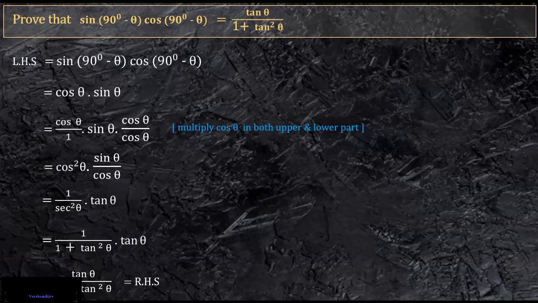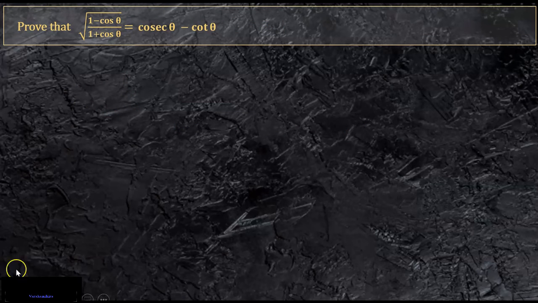Okay, this is another example of typical trigonometric problems, right? It's very simple, but here is a catch. So you have to look at every step, or you have to think about every step very minutely. Okay, so here we have to prove that root of 1 minus cos theta by 1 plus cos theta equal to cosec theta minus cot theta. So left hand side we have a square root, and also there is a lower part. On the right hand side we don't have any square root, right? And also there is no lower part available. Okay, so somehow we have to transform this part, or we have to remove the square root, and also you have to remove the lower part.